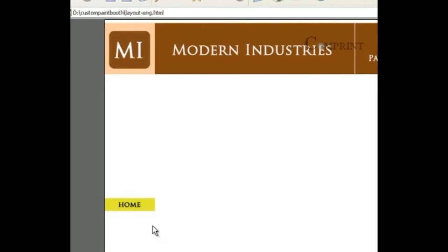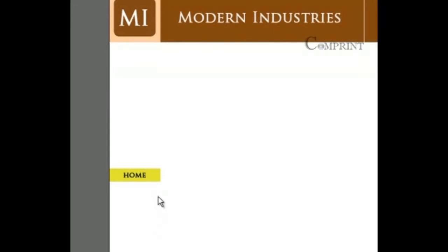Now this is the up state of the button. When we keep our mouse cursor over the button, it changes to dark yellow. This is the over state. Once we click the button with the mouse, its color changes to dark orange. So this is the down state. When we keep the mouse cursor again on this button, its color changes to brown. So this is the over while down state. In this way, we could create a button with 4 different interactive states.